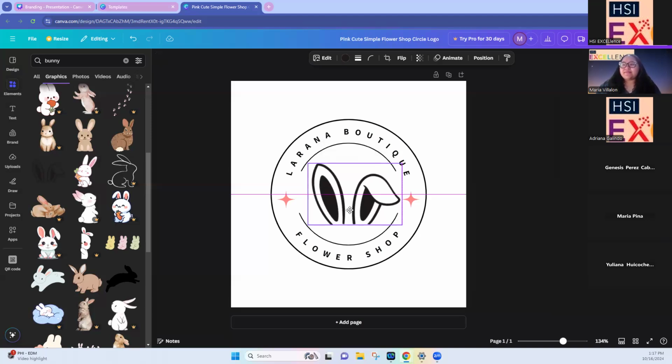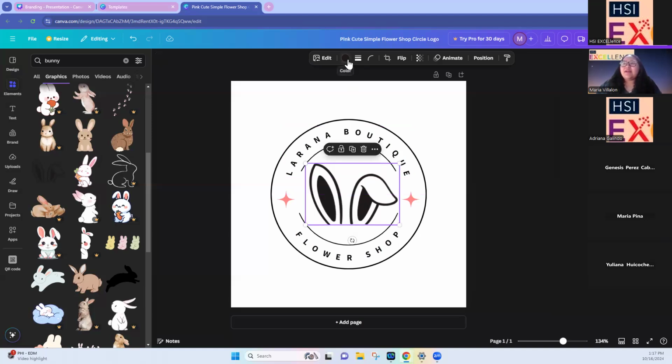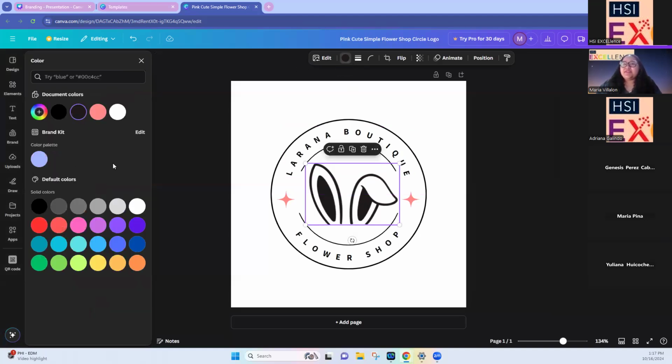So I'm going to use these bunny ears. I think they're cute. And I want my colors to be, let's see, blue, purple. That's kind of my vibe that I'm going for.